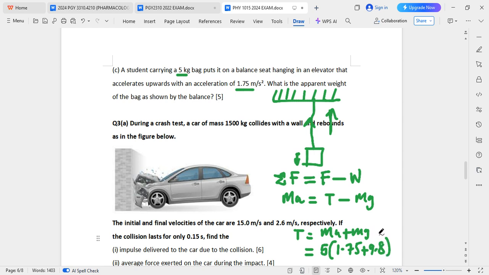If you punch this on your calculator, you are going to find that the apparent weight is going to be 57.8 newtons. This tells you that when something is accelerating upwards, it appears to weigh much heavier than the